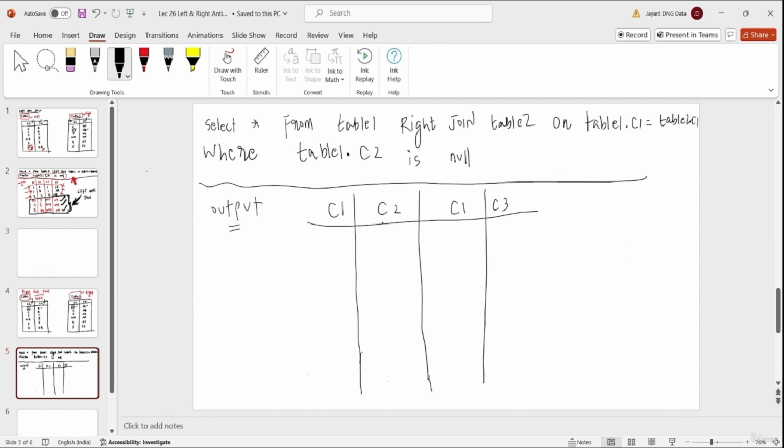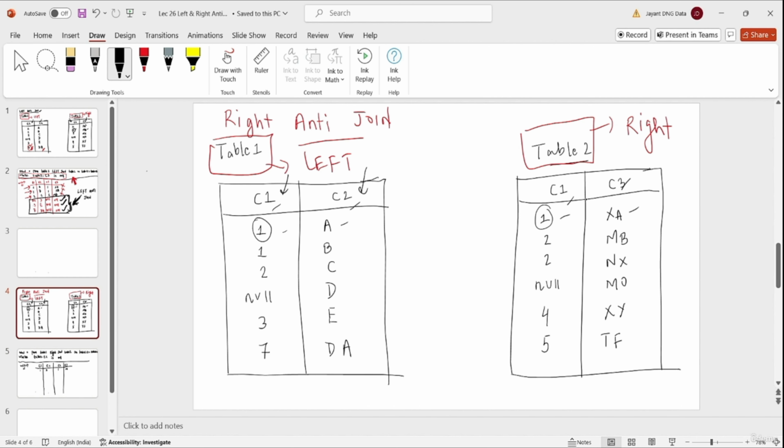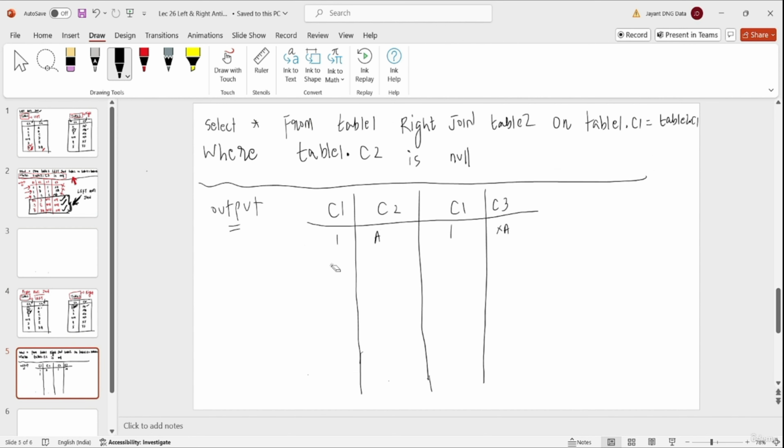Let's write it here: 1 XA and 1 A. Now this same 1 will match with the second 1 in column 1 of table 1, so we will get 1 XA, 1 B. So we can write 1 XA, 1 B.